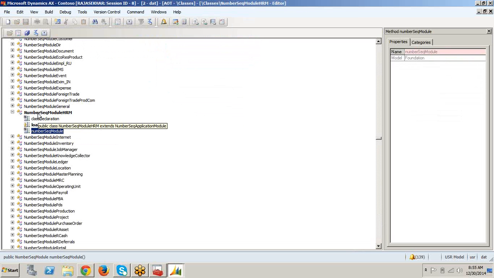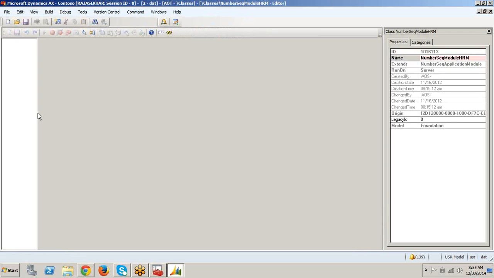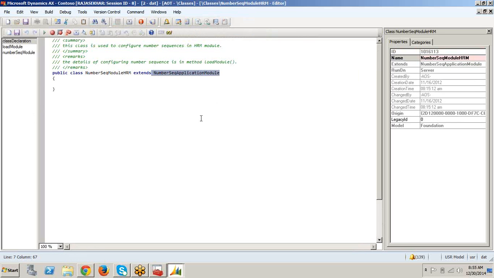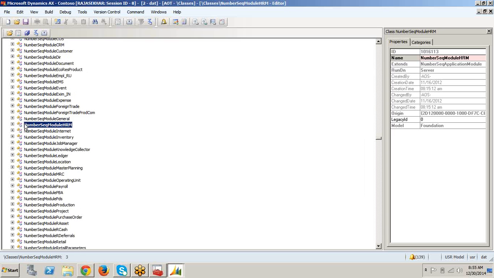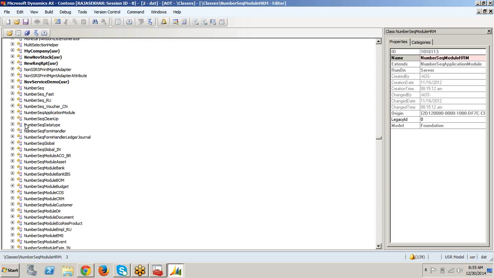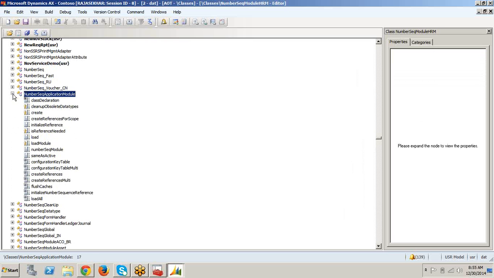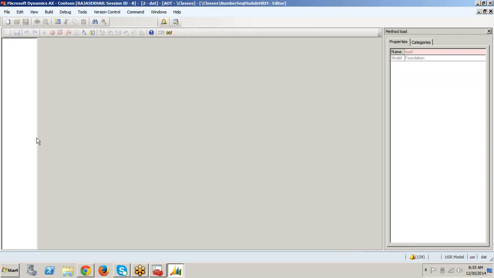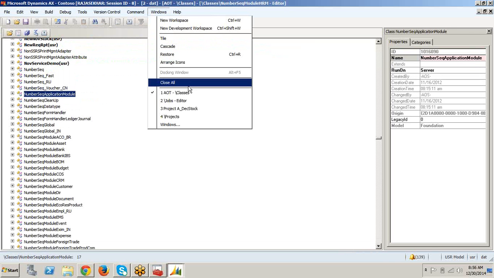The base class method means the number sequence module HRM is extending another class, number sequence application module. You see here, we have the load method. So this method we are calling out there.